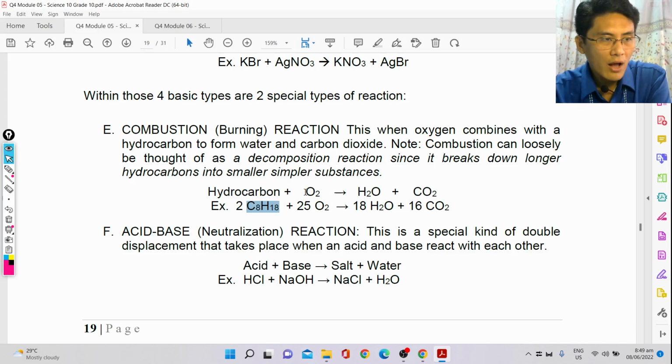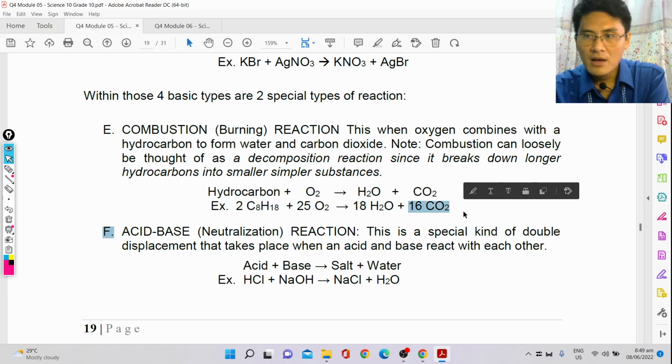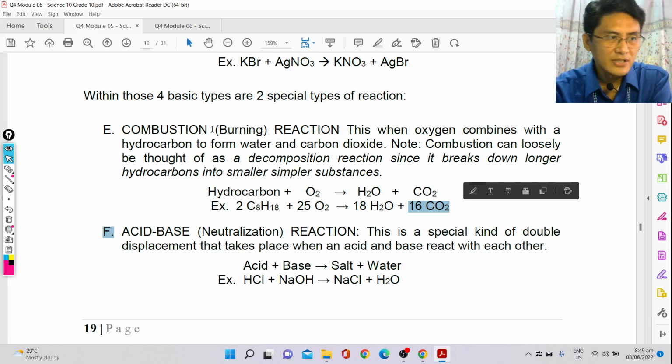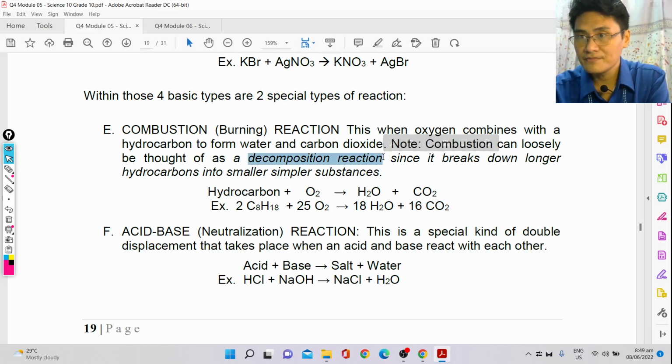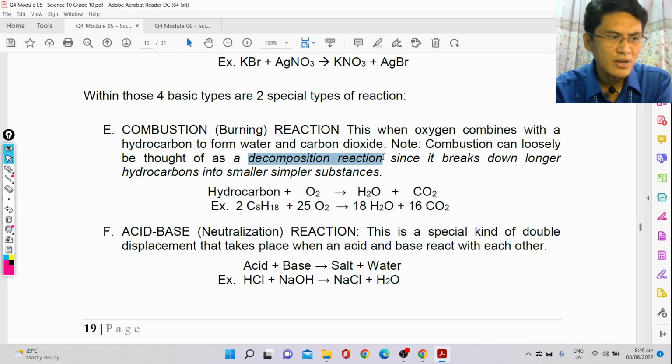When you add oxygen to it and you let them react, it becomes water and carbon dioxide. Okay, now why is this special? Special because for me, this is really just a decomposition reaction, right? Why do I say decomposition? Because if you look at